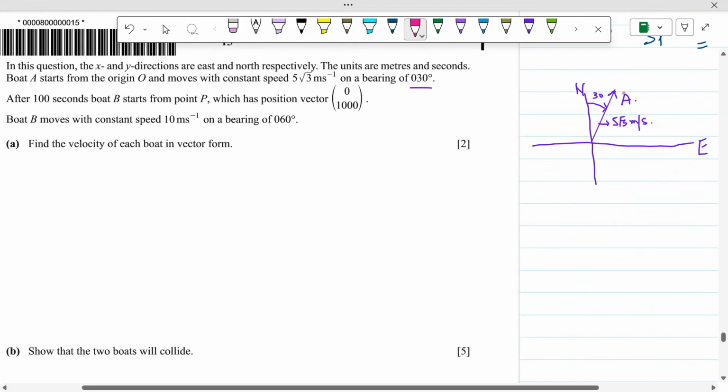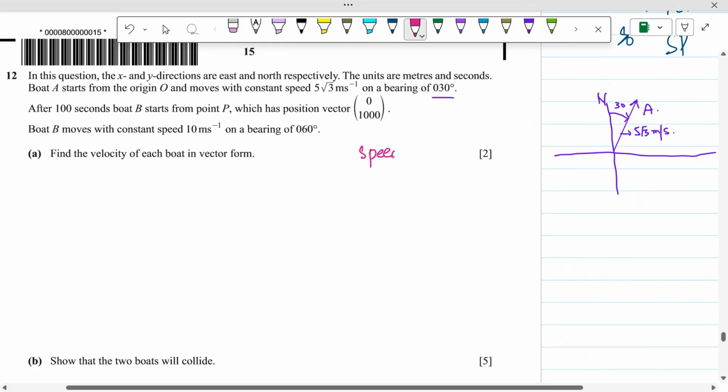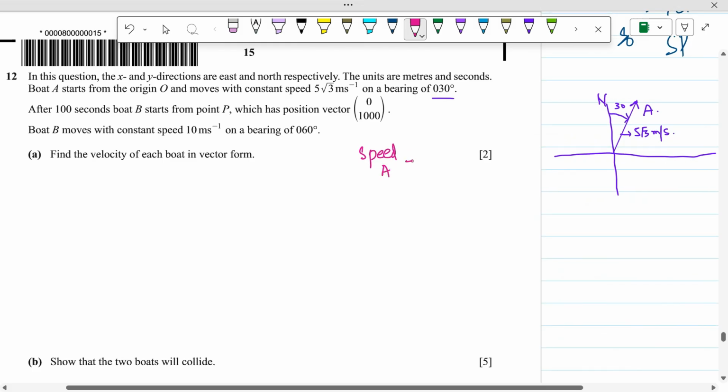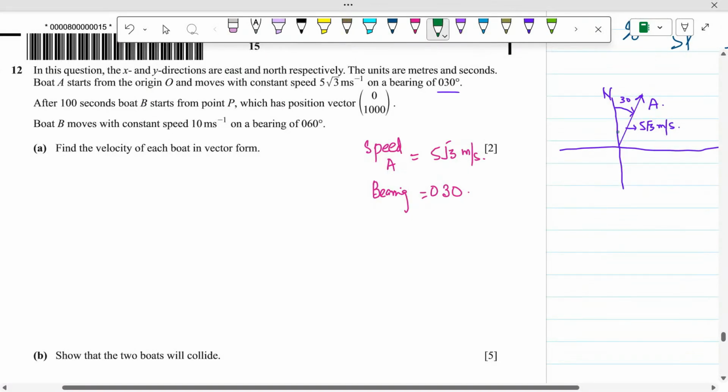So we need to find the velocity of boat A. The speed of A is given, which is 5√3 meters per second, and the bearing is 030. This angle is 30, and if we take this angle, which is 90 minus 30, it equals